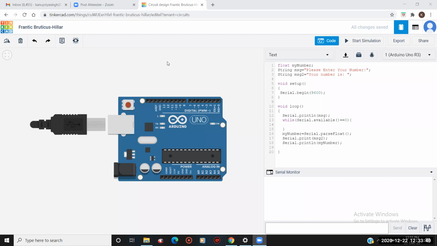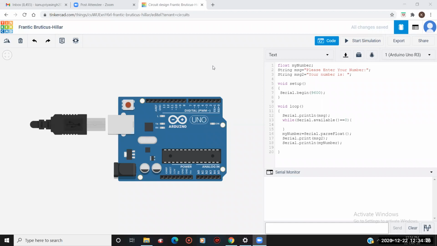So till now we know how to print with the help of the keyboard, but we only know how to print numbers, right? We don't know how to print my name, or your name, on the serial monitor with the help of the keyboard. So now our third task is to learn how to print on the serial monitor with the help of the keyboard. If we want to print our number or send any message, how do we do that?